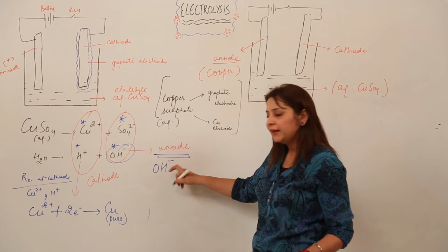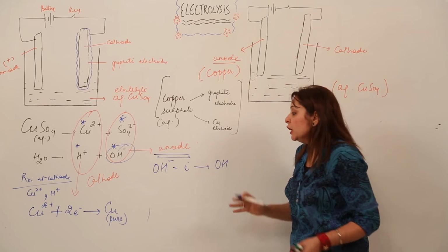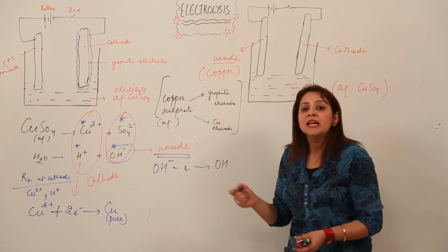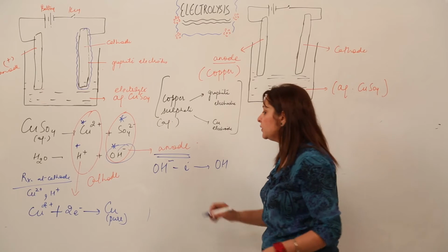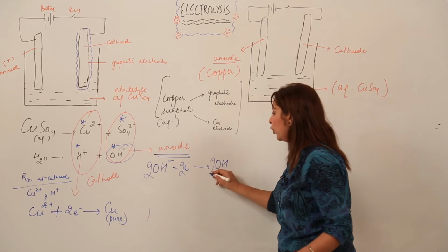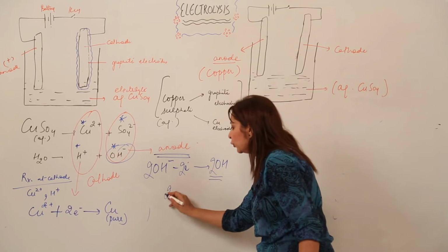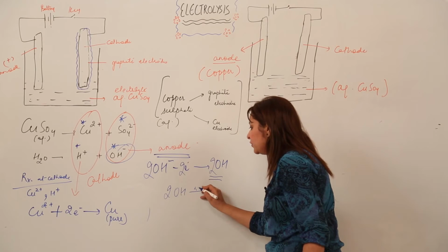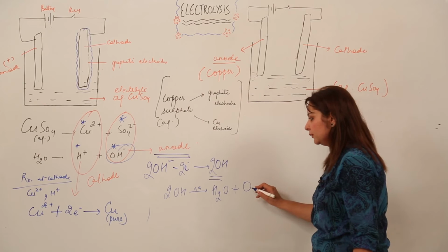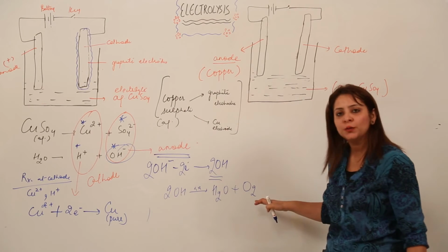So this is OH negative, it will lose an electron and form OH, right. This reaction will not occur as such because the OH cannot exist independently. So we balance it: 2 OH negative ions lose 2 electrons and form 2 OH. Just look at the board. 2 OH just rearrange to form 1 water molecule and 1 oxygen atom. So just see, it is balanced now, right.